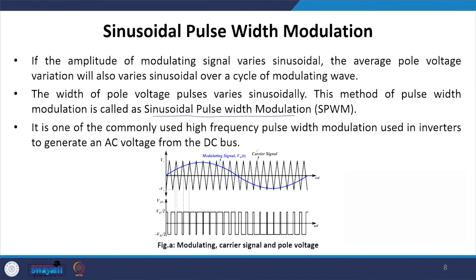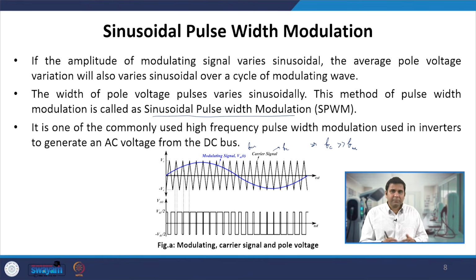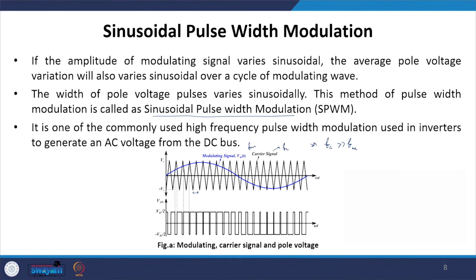And again here, let us say the modulating signal has frequency FM and the carrier signal has frequency FC. We ensure that FC has to be very much greater than FM. This is the main criterion, because if we maintain that, then in each carrier cycle the modulating signal is constant. Here you can see that there is variation, but just for visual representation we have drawn it this way; generally the carrier cycle is very much smaller. That is when we can ensure a constant amplitude of the modulating signal.